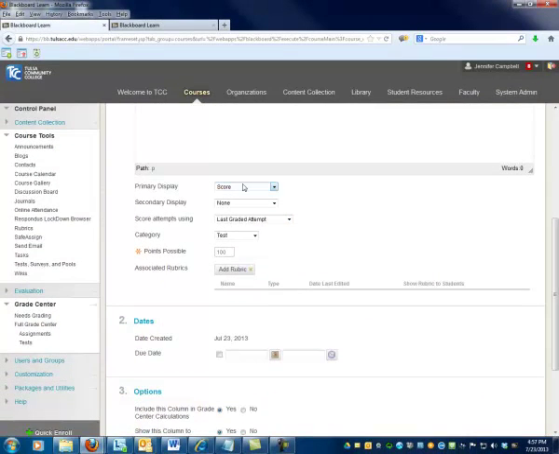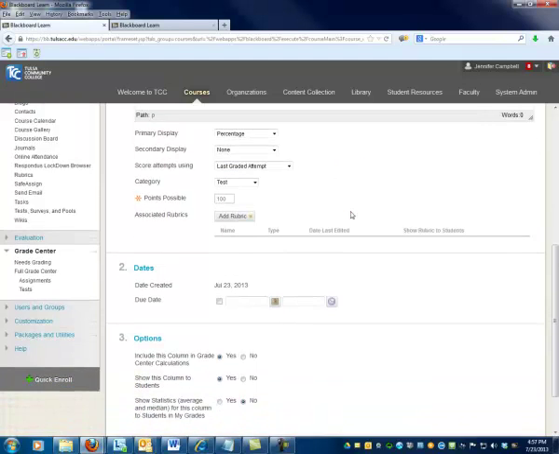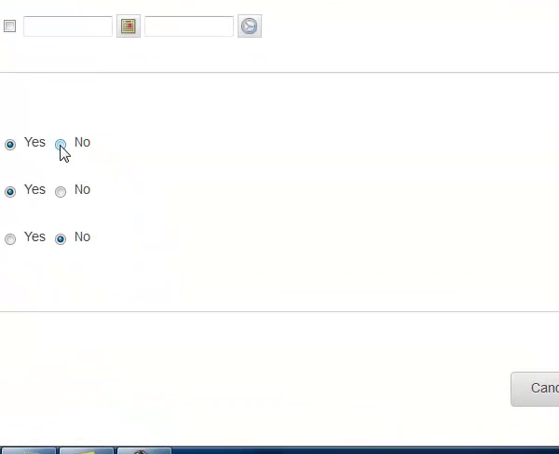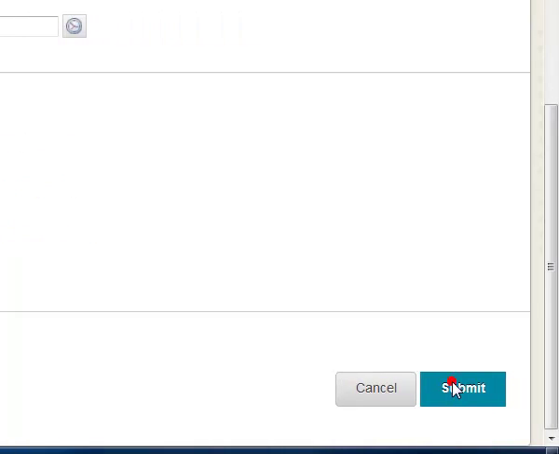You need to change your primary display to percentage, and actually there's 3 things. So primary display to percentage, score attempts using highest grade, and under here where it says include the column in grade center calculations, change that to no. And then it won't affect the scores for the rest of your class and calculate into your gradebook because you probably don't want it to. So click submit